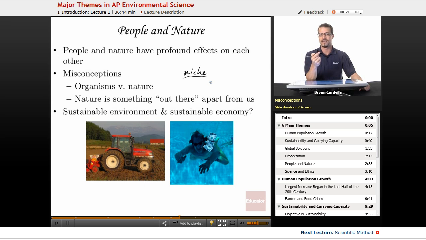Humans are a little bit different because a lot of our actions have resulted in some disharmony in our relationship with nature, because we're using more than we probably should. It's hard to find other organisms that are using more resources than what they need, and we're definitely doing that. So it's not organisms versus nature. We have to think about how we can work with nature.